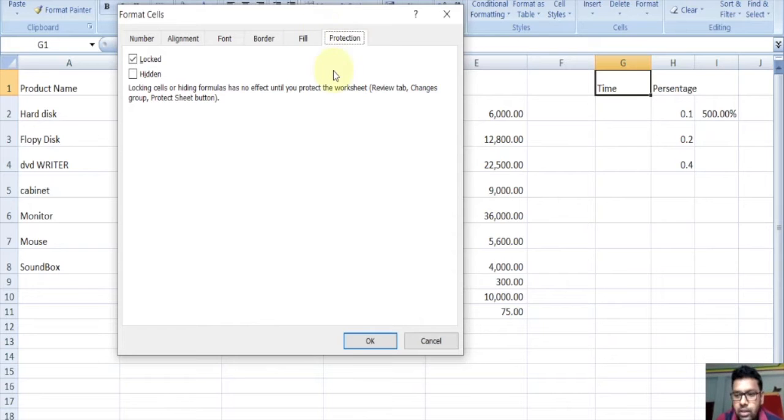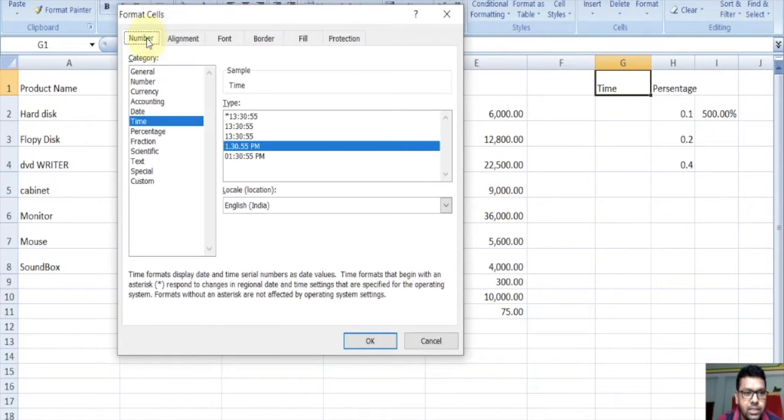So first we learn about number cells. Here these are the various data types of numbers. A number can be currency type, date type, time type, percentage type, fraction type, etc. Let's learn about number cells. This is the most important format tab to learn in Excel. To work in Excel we must learn about these various data types of numbers.